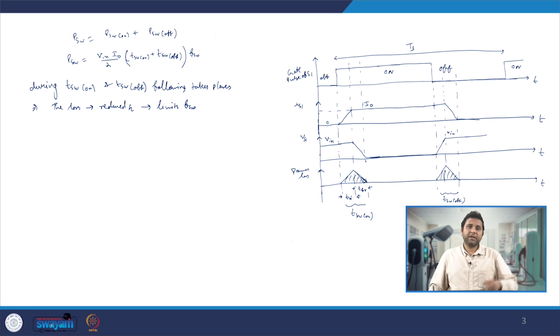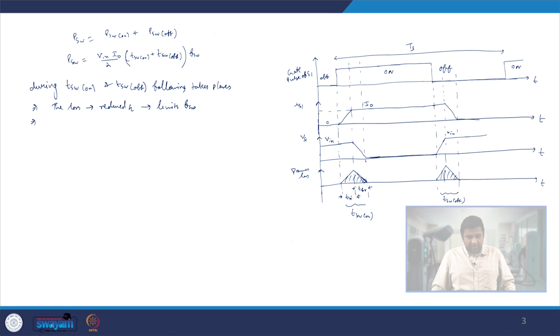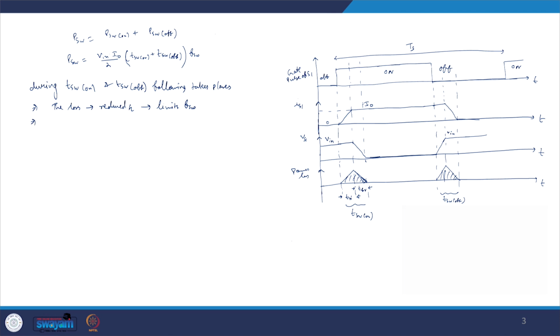Let's say you are switching at a very high switching frequency, because you go for a higher switching frequency so that the sizes of your passives come down, because the sizes of passives are inversely proportional to the switching frequency. So that loss is one thing which is happening. The second thing is another important thing which is happening in the system.